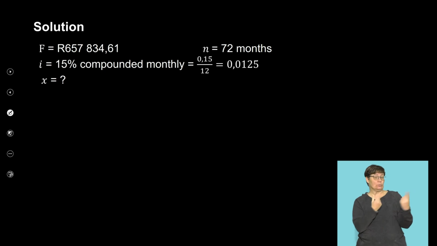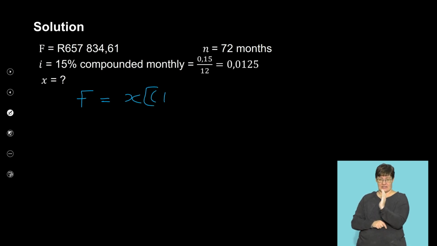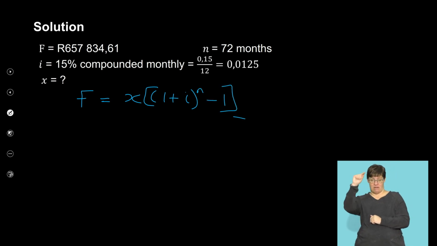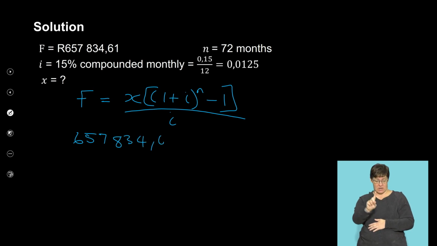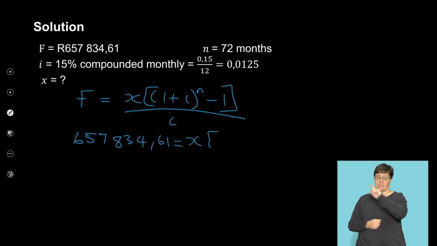Now, to do this calculation, we are going to say F is equal to X. Remember, we always start with the formula, guys. You don't just jump into substituting into something that I cannot even see where you get it from, right? Over i, I'm going to substitute everything I know and then solve for what I do not know. So this will be 657,834.61, which is equal to X, which I do not know, times 1 plus